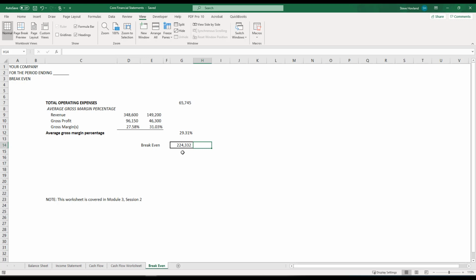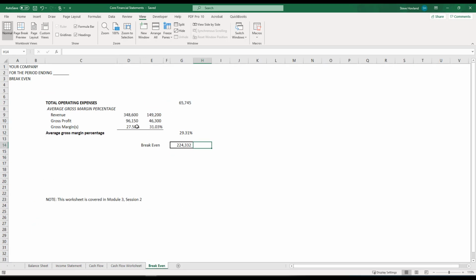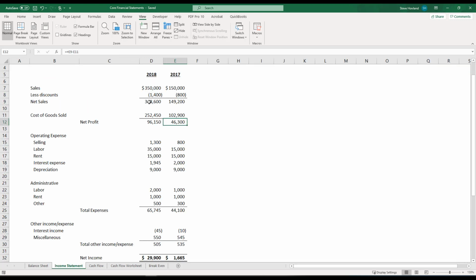So let's prove this formula. So 224,332. Let's come back over here, and I'm going to override these cells. After I override, these numbers will start changing. But let's just remember this number, 29.31, and 224,332. So let's come over here and put in our revenue,